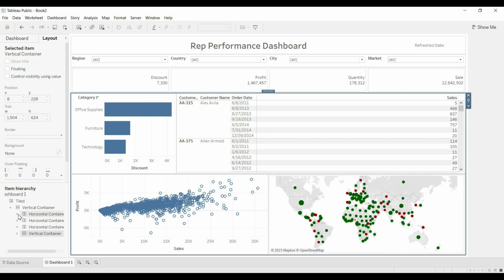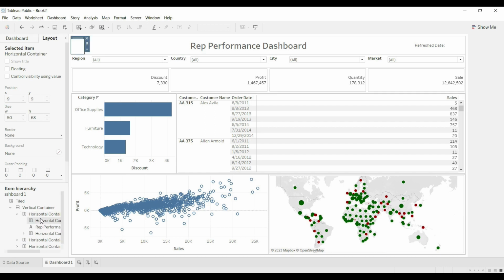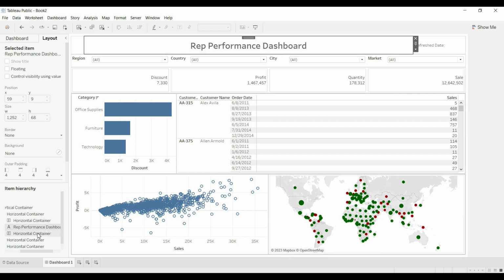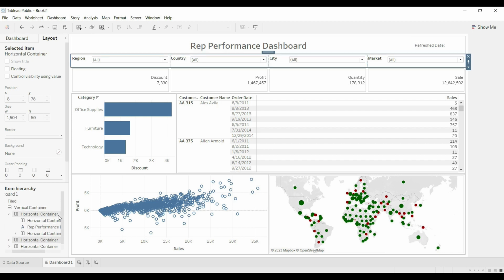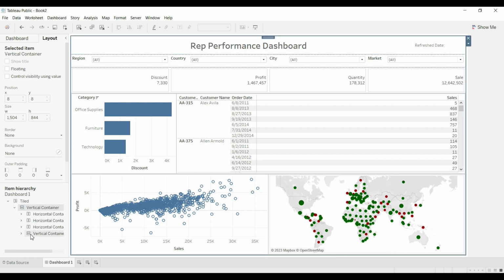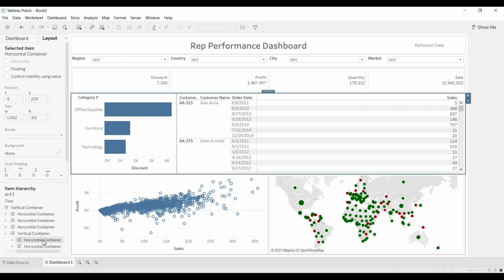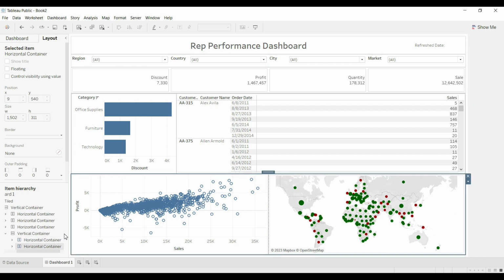And all these sections have horizontal components. They are placed horizontal to each other like this, and here also. And in the last section, this is vertical. So we have two horizontal sections here. One is this one, and another one is this one. In these sections we have horizontal components.